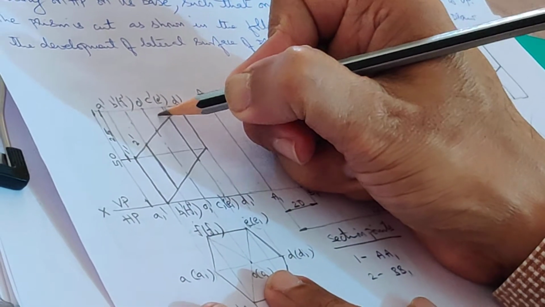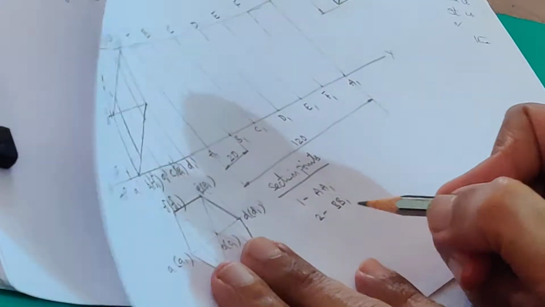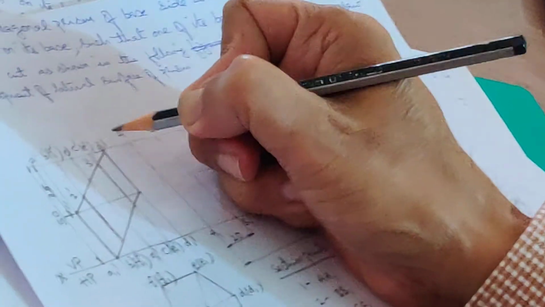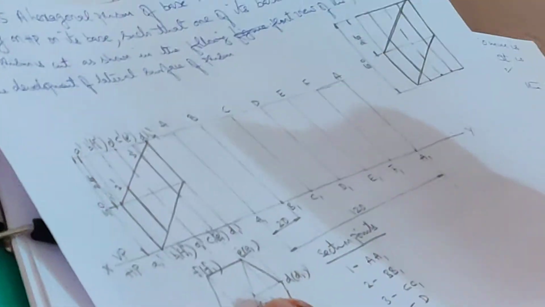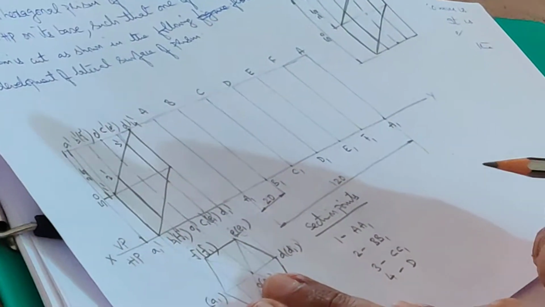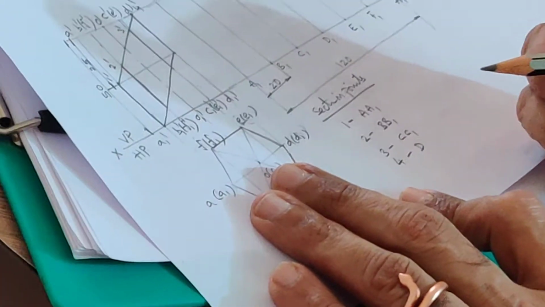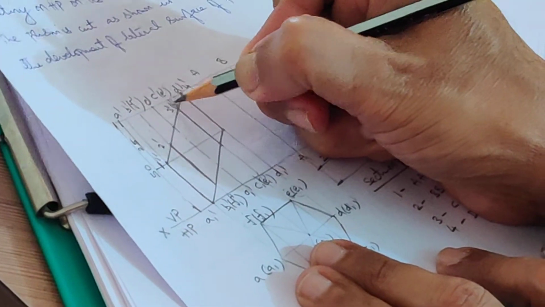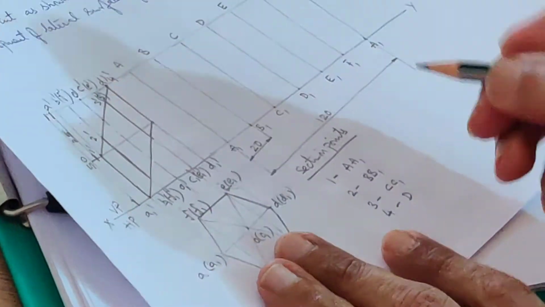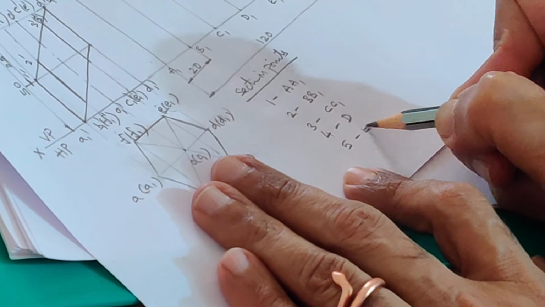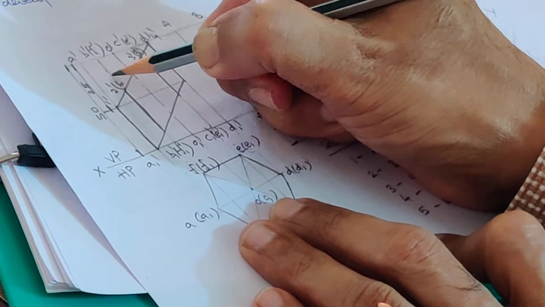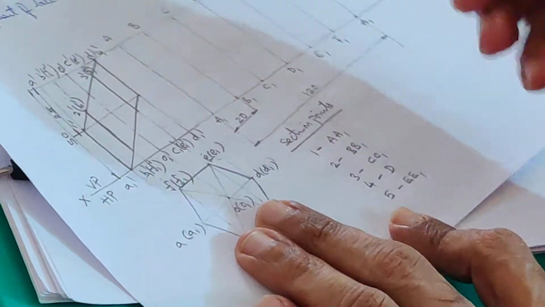Move to CC1, call 3 dash. So 3 is on CC1. Next move to this point 4 dash. 4 is exactly at corner D. Done. Now come back and mark the points on the invisible edges. After 4 dash, 5 dash here. 5 you can say it is on EE1. Next come back 6 dash. 6 is on FF1.